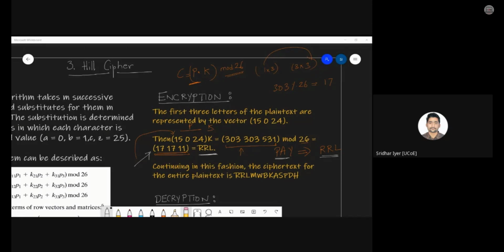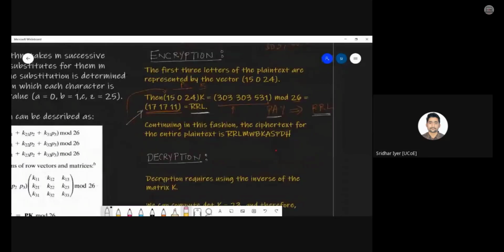Isn't it simple? So far, it's very clear, clear-cut matrix multiplication and taking mod of the result. Fine. Any doubts so far? Do let me know. If you're having any doubts, or if it is clear, I can move ahead. The main part is regarding the decryption. The decryption is a little lengthy, so you can keep your calculators ready because we will need those. Okay, first of all, let's start with decryption.